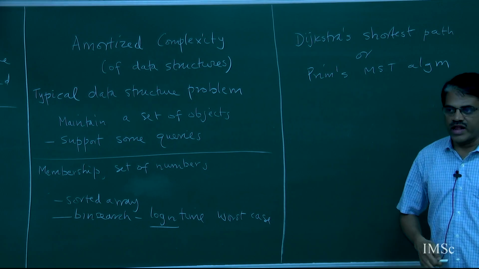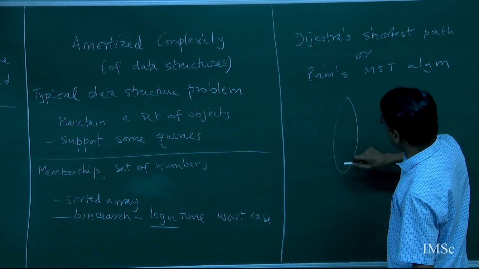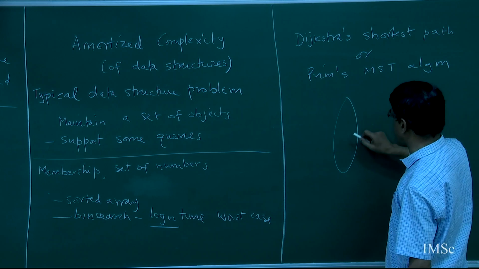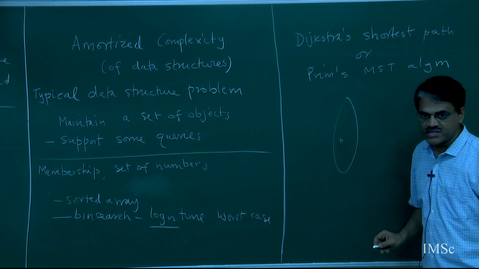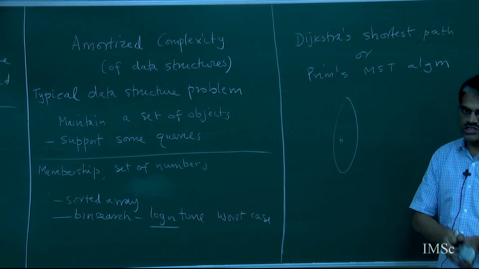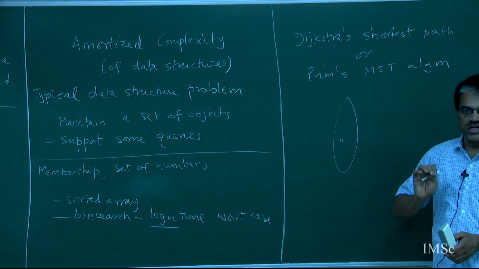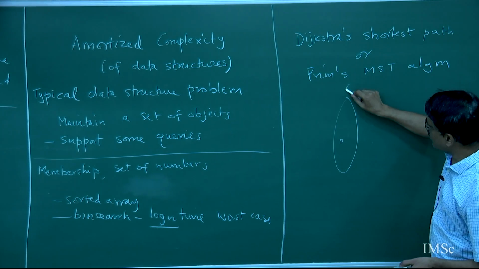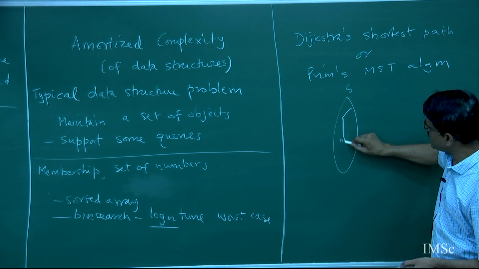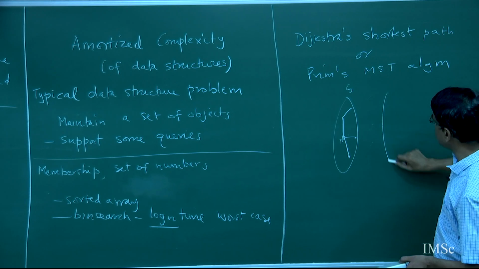It turns out, okay, I'll just tell you how the algorithm works, right? Take Dijkstra's shortest path algorithm. You want to start from some vertex S, and you want to find the shortest path from S to every other vertex. It's a single source shortest path problem, right? At any point of time, you have some set, and these are the vertices for which you have found the shortest path. The remaining vertices are outside,